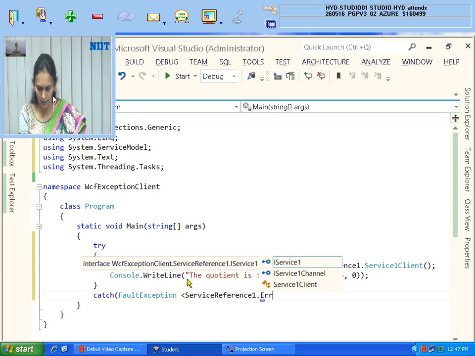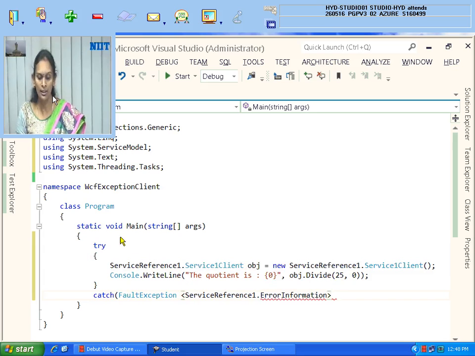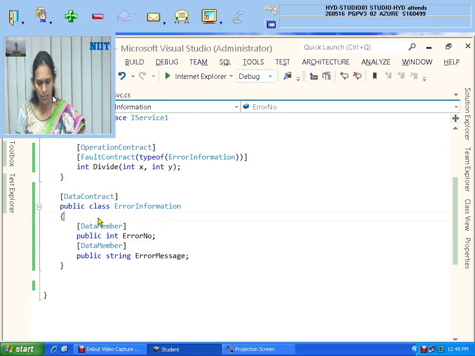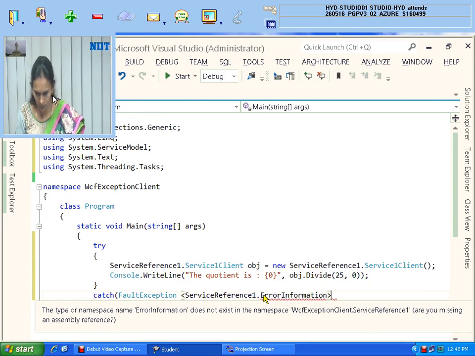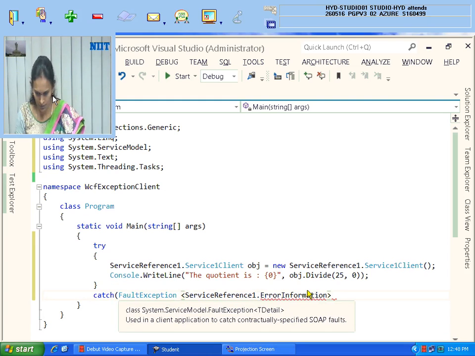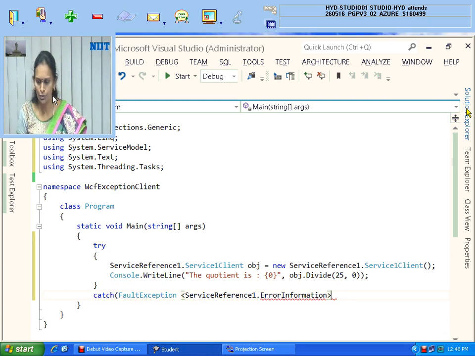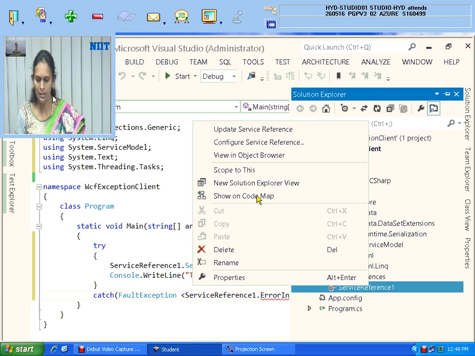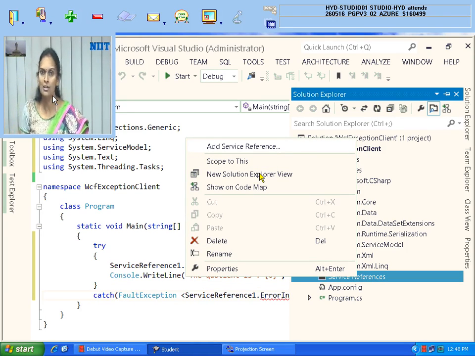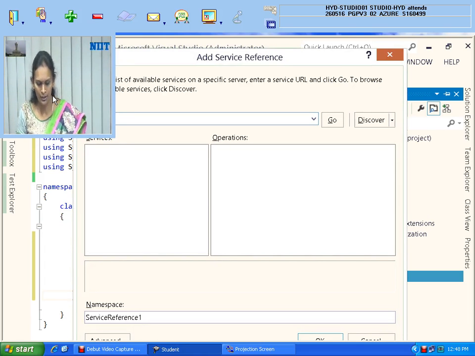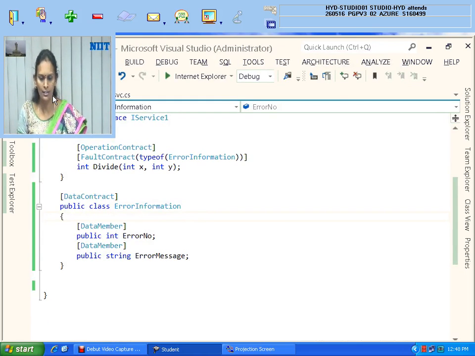Why is it not giving? It should give. Let me check. What is the mistake? Can anybody tell why it is not accessible here? Your class is given as public, so why is it not giving? Okay, one minute. Don't get confused. This should be refreshed. You have added the reference, and this should be refreshed because we have done some modifications. Let me delete and add it again, because we have done some modifications. That's the reason I'm doing it. Let me execute once and get the reference.